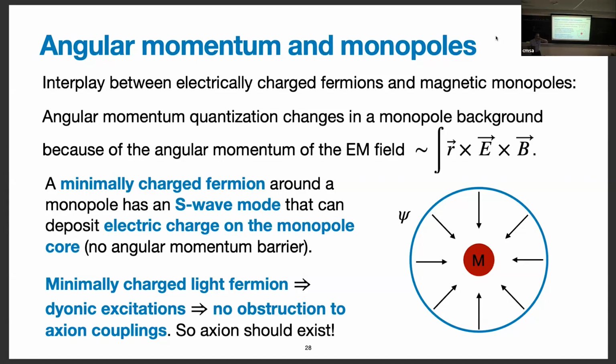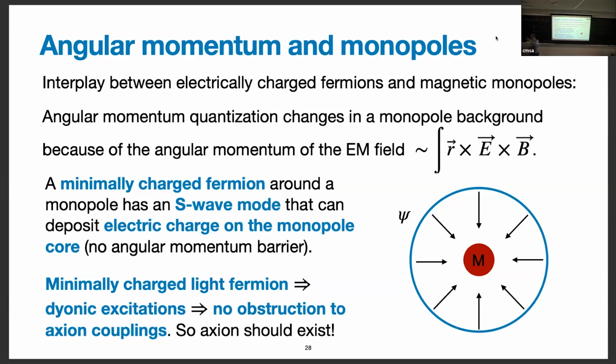Question? So you're saying that in theories with light fermions, you automatically get these axion couplings, but did I miss it? Are the axions light here? Yeah, so I'm suggesting that whenever this is true, the axions actually have to be light and only get a mass from instanton effects. Have you explained that? Probably not very well, and I'm not going to. We can talk more about it sometime, but given my time here, I'm giving the broad brush version of the argument and omitting a lot of discussion.